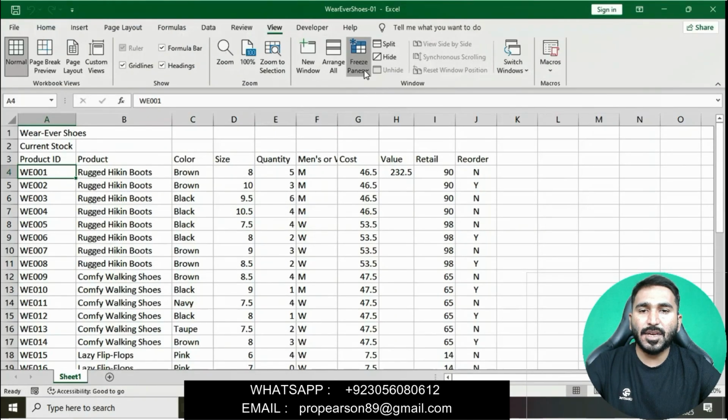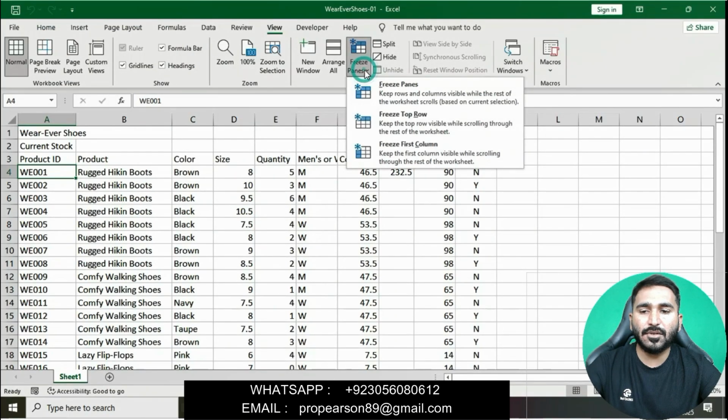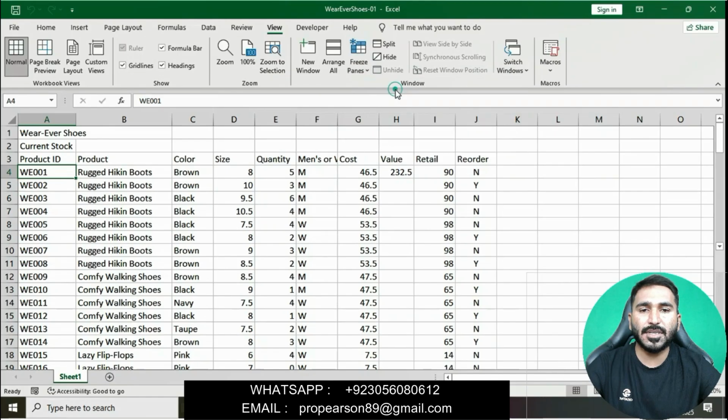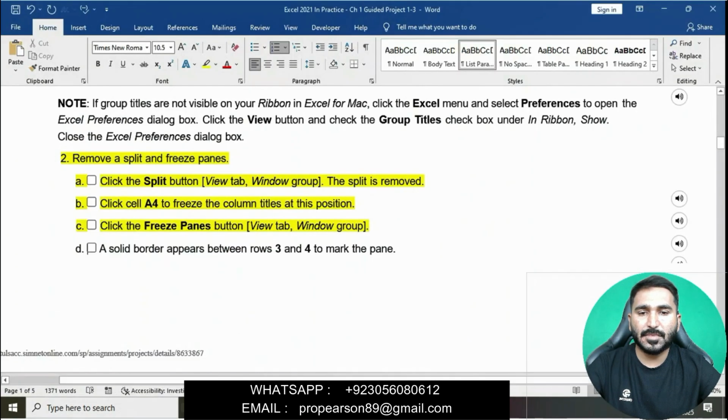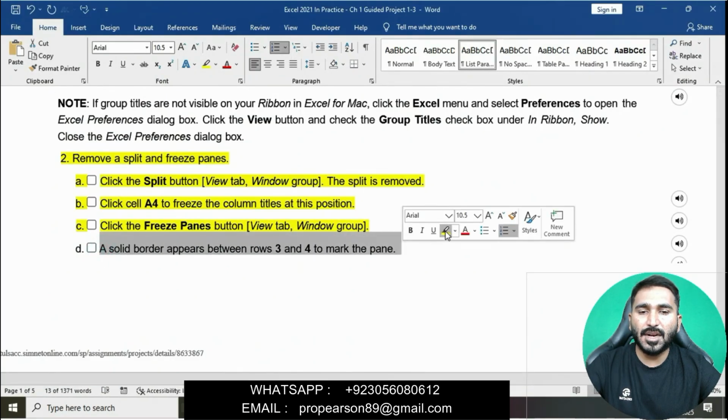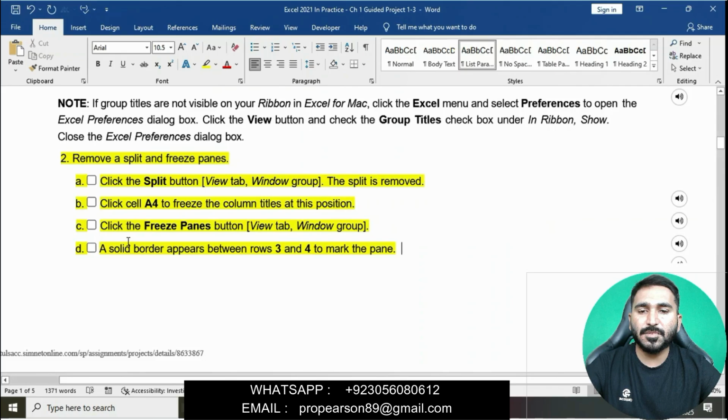Go to the View tab, and in the Window group, click on the Freeze Panes button. This is the Freeze Panes button. A solid border appears between rows 3 and 4 to mark the pane.